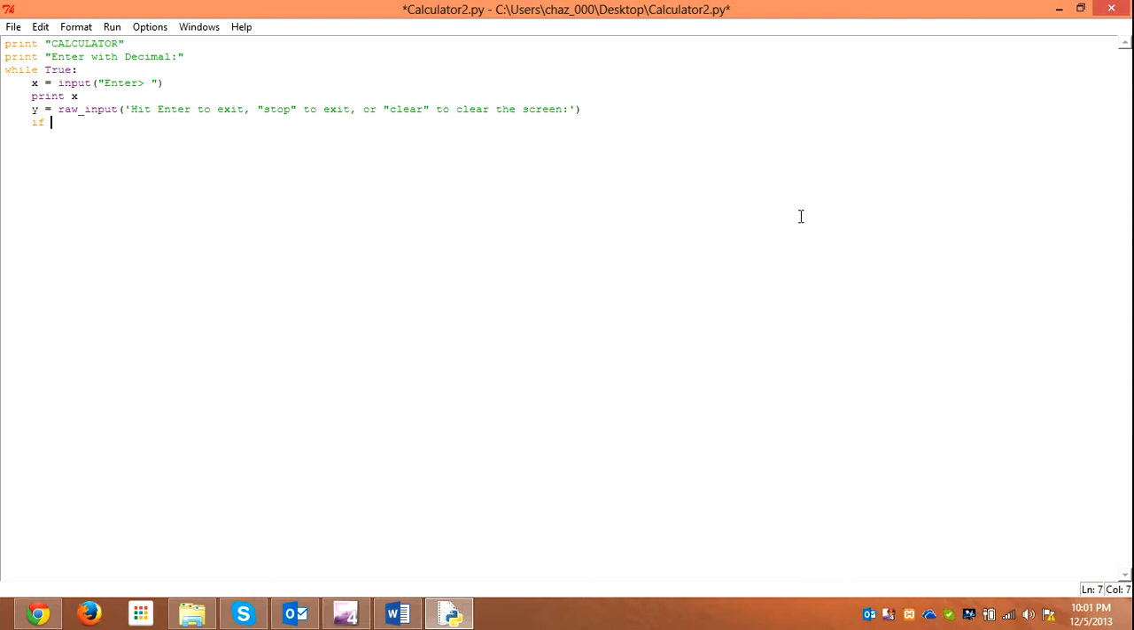So let's put if y equal quote quote. Now the quote quote means that this is whatever the user enters. So if they write stop,